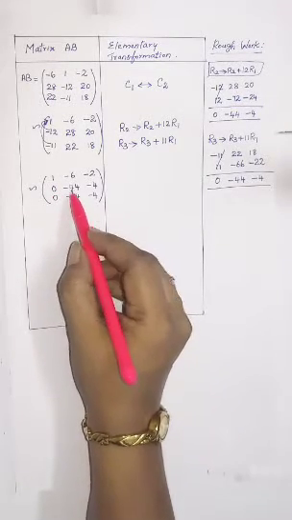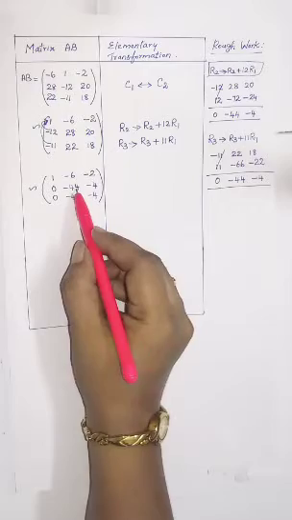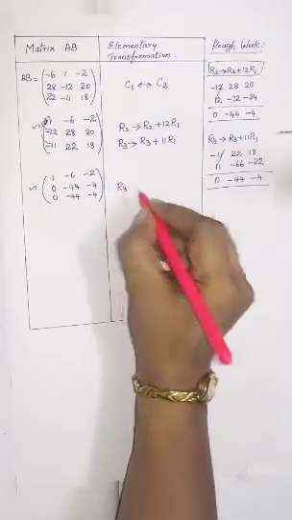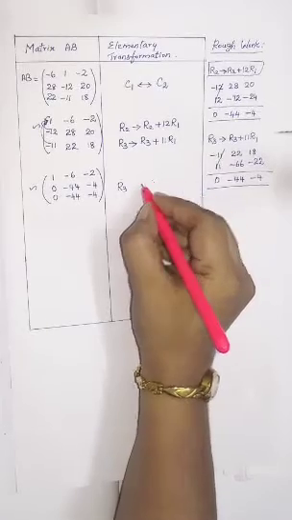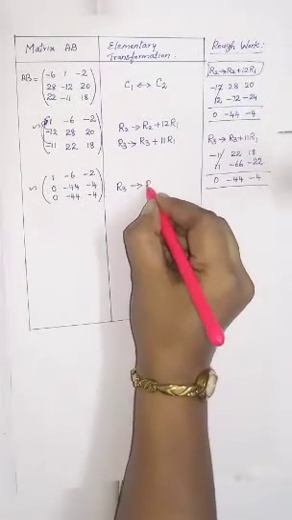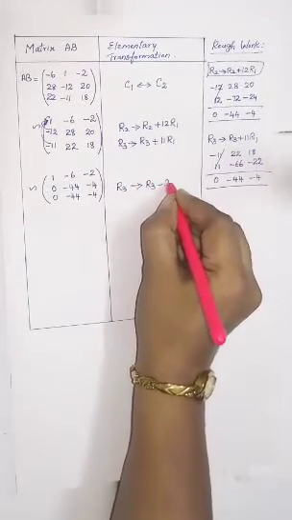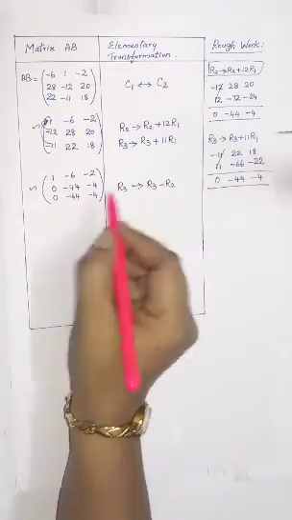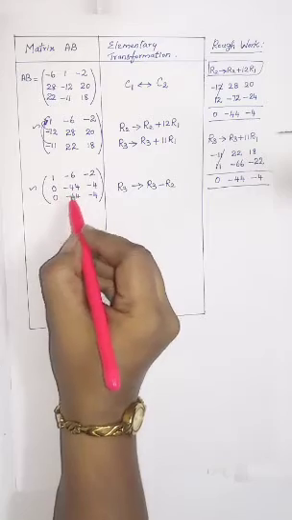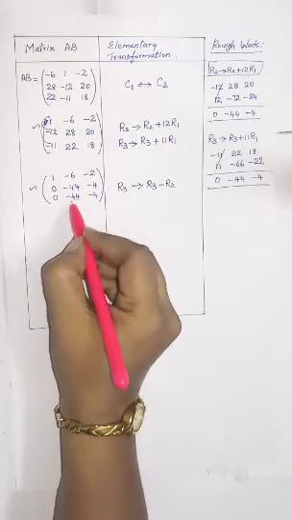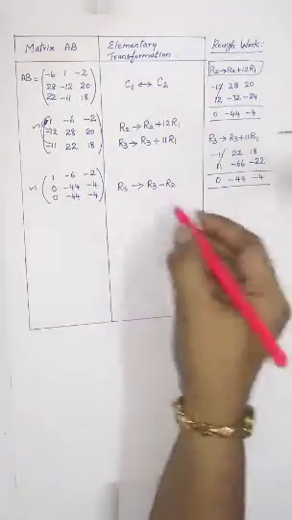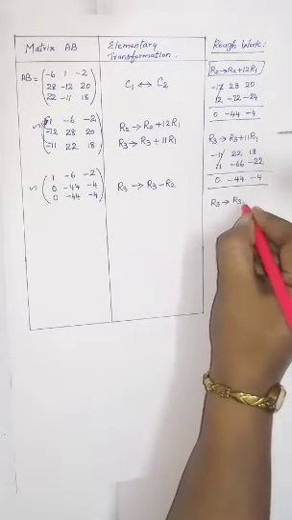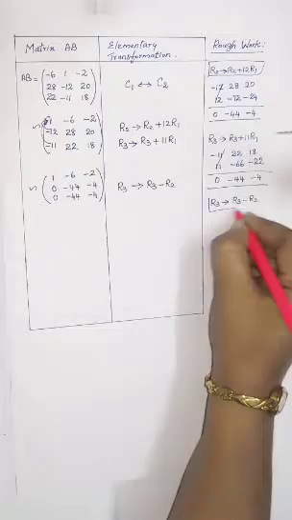So here also minus 44 and here also minus 44 is there. So straight away you can subtract it. So the condition will be R3 gives R3 minus R2. Why that minus? Already one more minus is there. So minus into minus, it will become plus. So plus into this minus, you can get 0, okay. So minus R2. So now writing this condition here, R3 gives R3 minus R2.